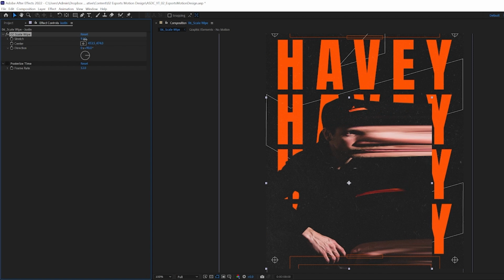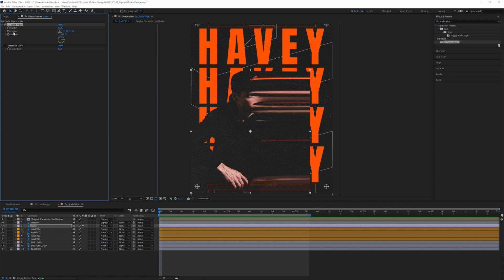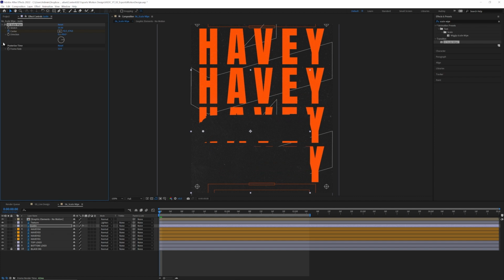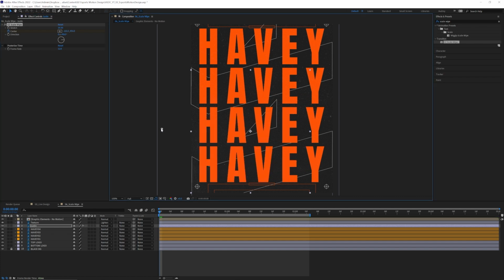The stretch amount is pretty self-explanatory. The higher the number, the more exaggerated the stretch is going to be. So to animate it, I'm going to add keyframes to the center factor, which is shown with this little dot that you can move around. I'll set a keyframe for the starting position first,